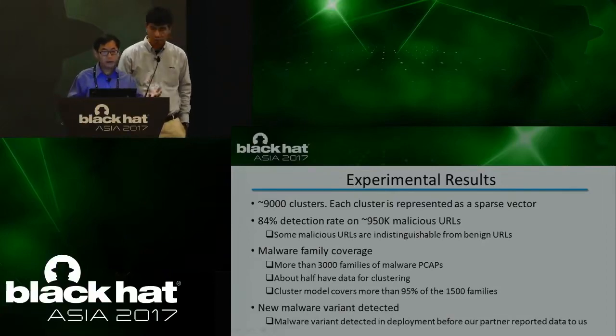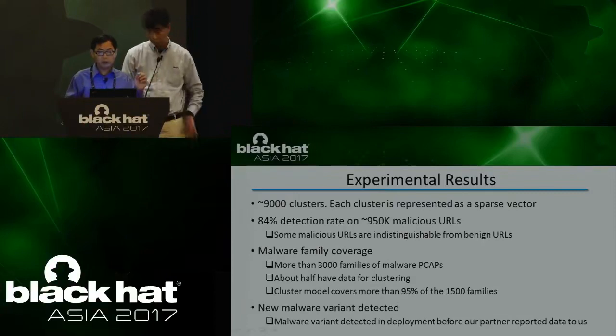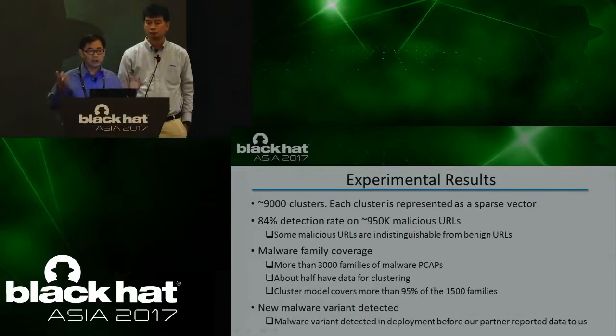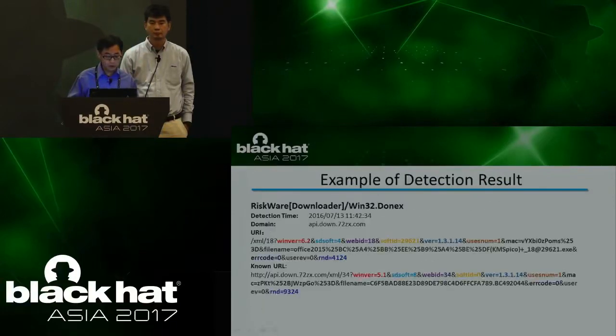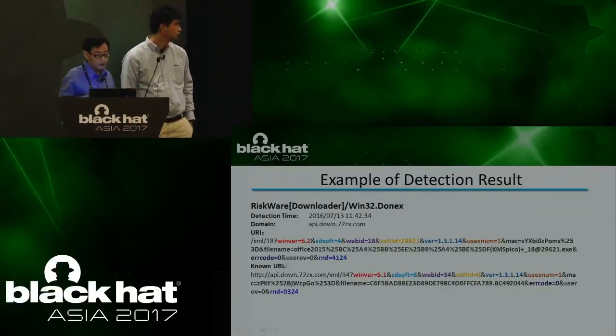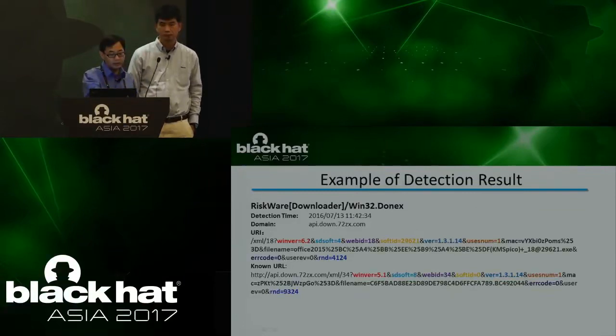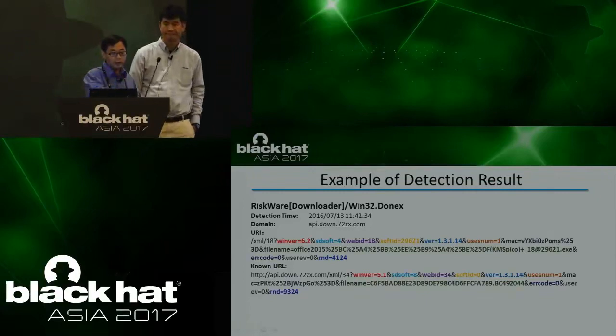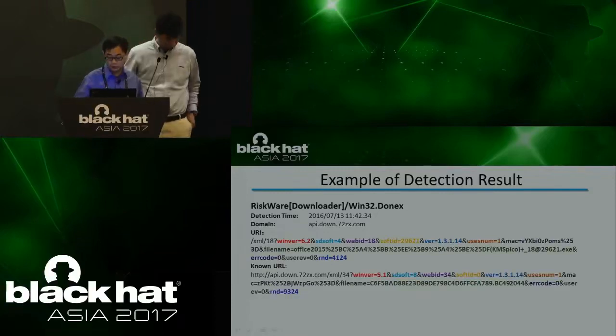In the field, we actually detected some unknown URL connections which our vendor had not collected in the data yet, but we found this new one, with just a slight malware parameter change. Here is one example. I show the detect time, and the domain name is exactly the same. At the bottom, we have this thing called nom URL, which is the URL from the cluster, and the URI is the one we detected. I used color highlighting. It's different, but it's similar.